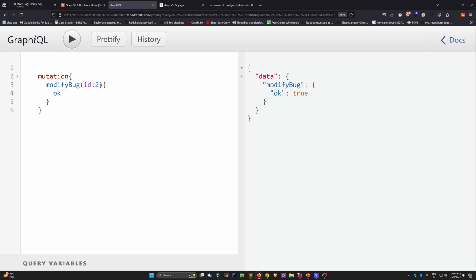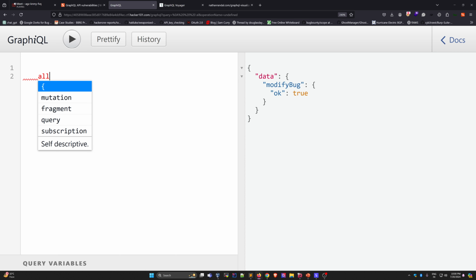So if I want to modify, then what can I do? I can send this request. Private is already there, so I can change it to false. So I'm changing it to false and send this request. So see, no error, means we successfully modified the bug. Now we can try to fetch that bug. So if you want to check out, let's